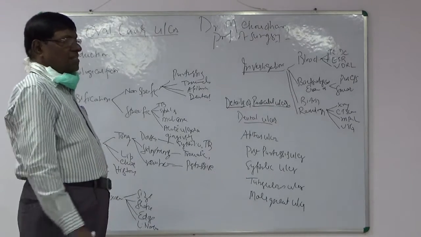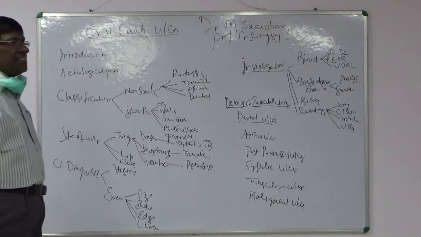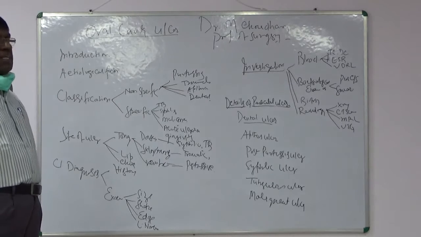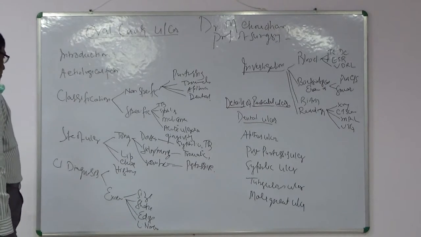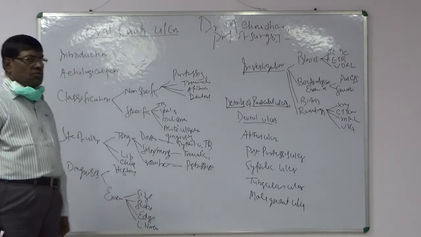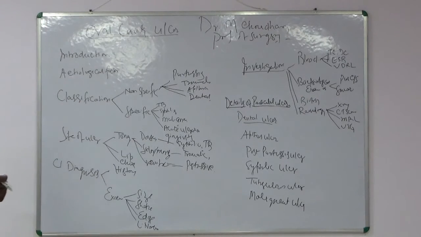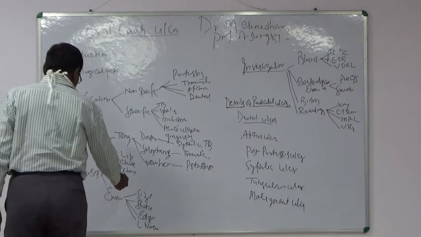But in the case of a traumatic ulcer, or when there is irritation of the buccal cavity for a long time, if it is neglected, it causes a chronic, non-healing ulcer, and this non-healing ulcer is manifested by fibrosis, and later on leukoplakia takes place as a pre-malignant condition, and that will turn into carcinoma of the cheek or the buccal cavity where the ulcer is situated. So proper history should be taken from the patients, and past history also should be taken properly, because sometimes the patient has had sharp teeth for a long time and later on develops ulcer, and so the proper history should be taken for clinical diagnosis.